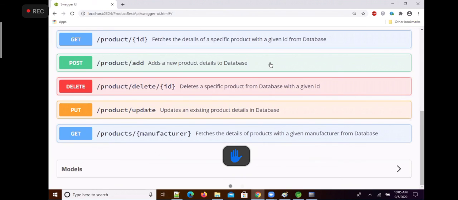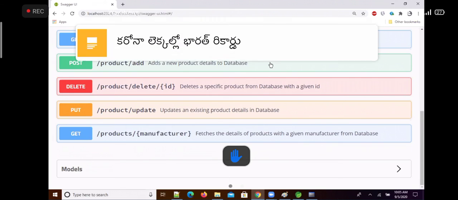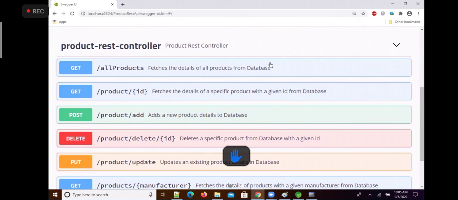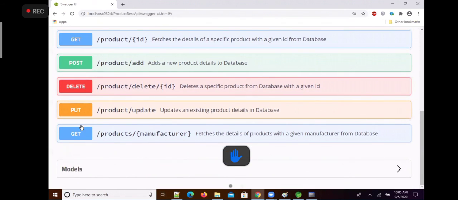Now this is what I would like to tell you in the product controller. Various endpoints we got here.